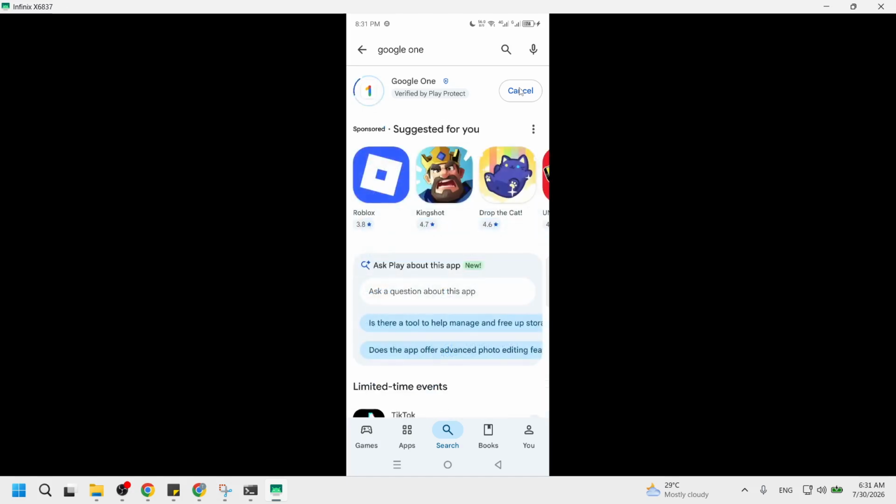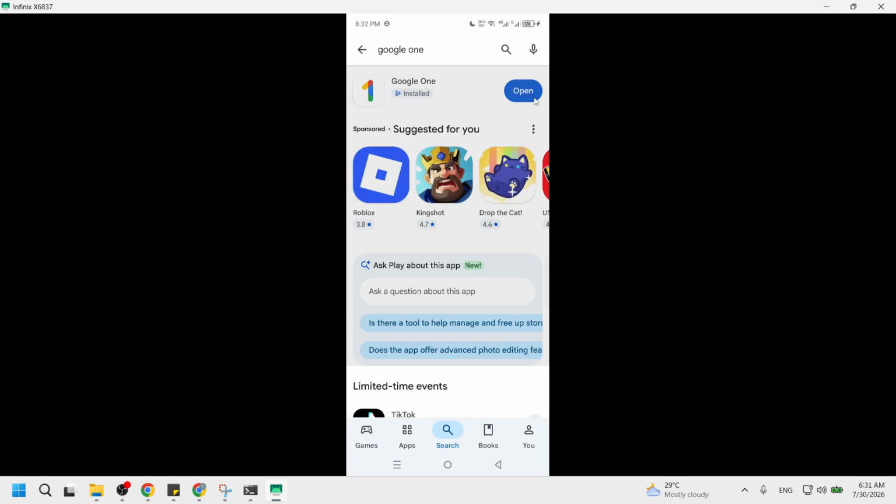You will see a progress circle or a moving bar showing that Google One is downloading and installing in the background. On a fast connection, this usually takes less than a minute, but slower networks can take longer, so give it time to finish. When the install is complete, the green Install button changes to an Open button, and the Google One icon is also added to your app drawer and often to your home screen. At this point, Google One is fully downloaded and installed on your device, ready for you to open and sign in with your Google account whenever you want to manage backups or storage.